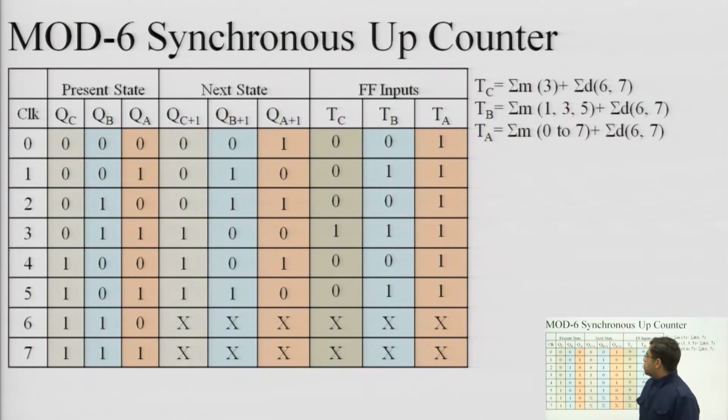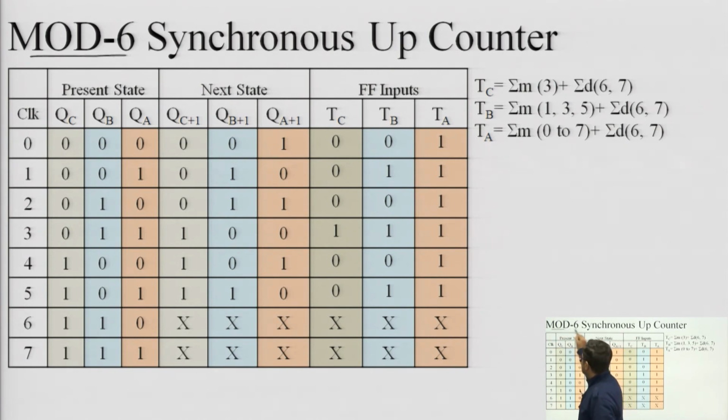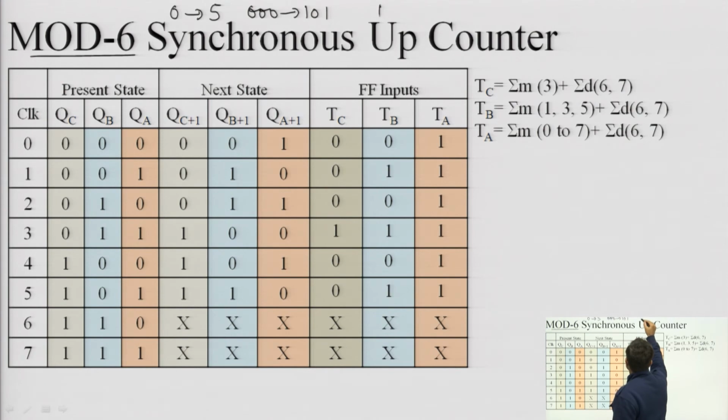These are the cases in which the count was in the form of 2 raised to power n, mode 8. In continuation, for the design of truncated counters, I am using mode 6. By mode 6 I mean that 6 is not in the form of 2 raised to power n. So there will be a slight change: the states required will be 0 to 5, that is 000 to 101, so the unused states will be 110, 6 and 111.